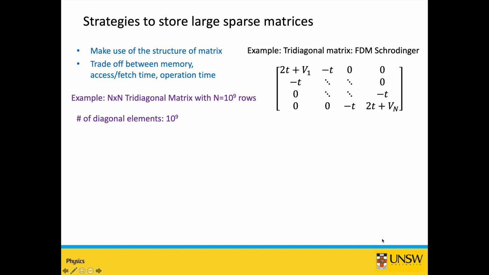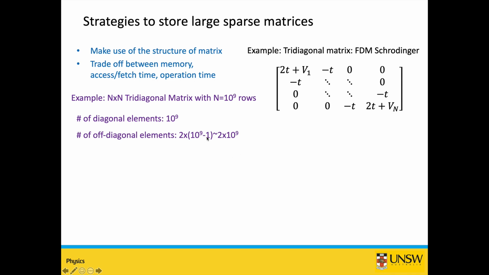And there are two off diagonal elements in each row. We also call these shifted diagonals. This is sometimes also called a banded matrix. That means you have a band along the main diagonal and bands that are shifted in position by +1 and -1 relative to the diagonal band. So how many elements do the off diagonal bands have? They have 10 to the power 9 minus 1, just one less element than the main diagonal band.